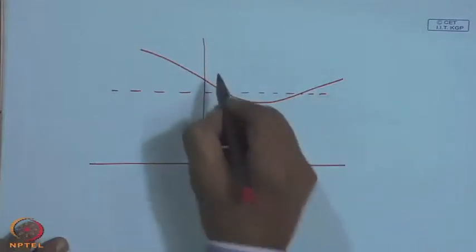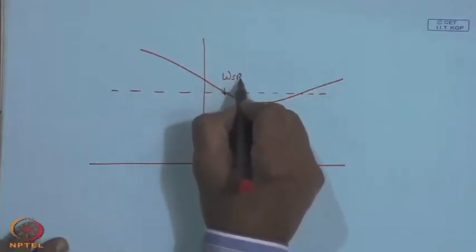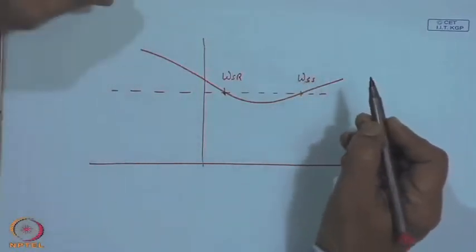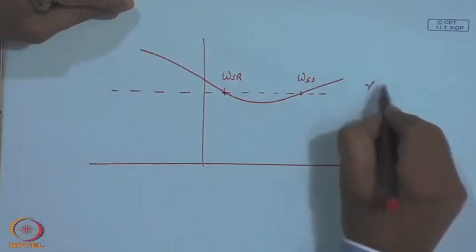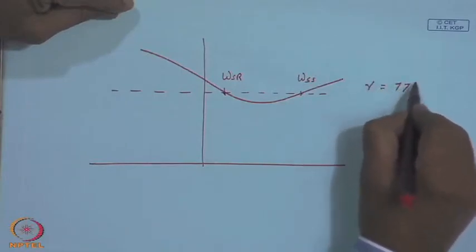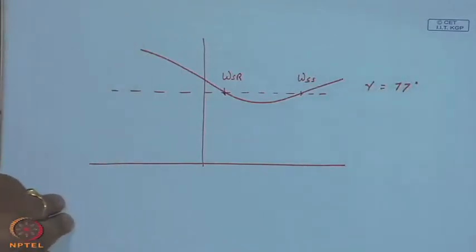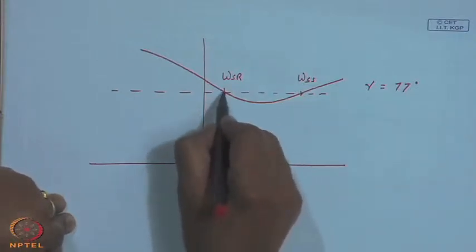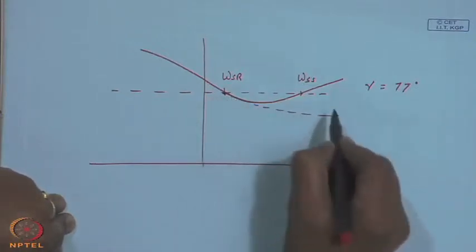This again satisfies my condition. Let us say something like gamma equal to 77, almost towards the west. So, it may start seeing around 3 p.m. and stop seeing at 5, or it may even go like this,